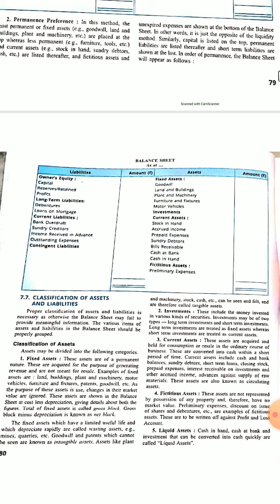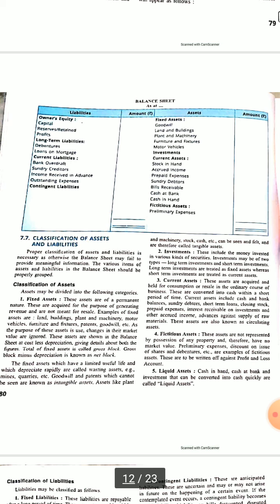Again, owner's equity is written first in liability: capital, add net profit less drawings, then reserves are generally mentioned because it is the owner's fund. Then long-term liabilities come, like debenture or loans on mortgage or long-term loans, and then current liabilities like bank overdraft, creditors, bills payable, outstanding expenses. Contingent liability is one item you must understand. Contingent liability is not added with the balance of liabilities, but it is mentioned only in the balance sheet.